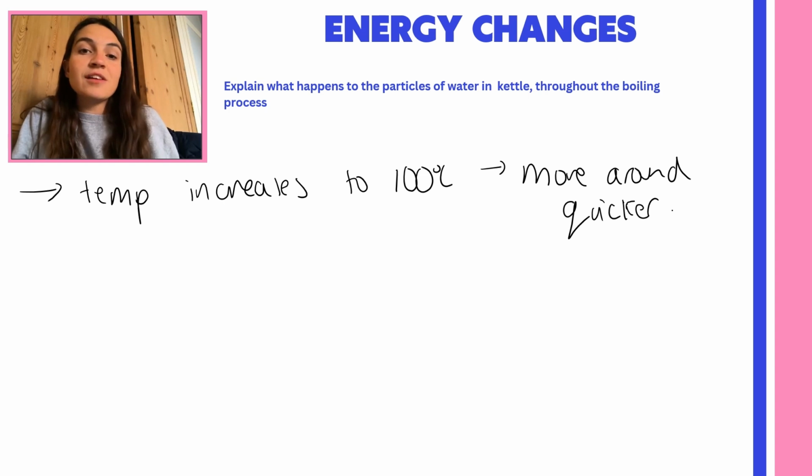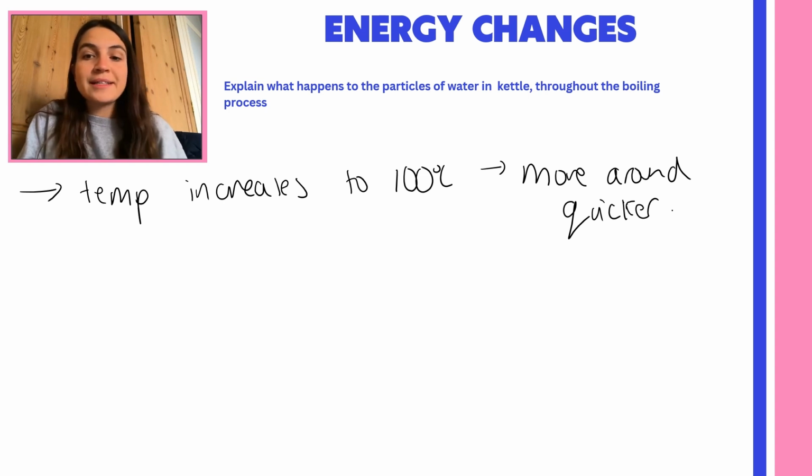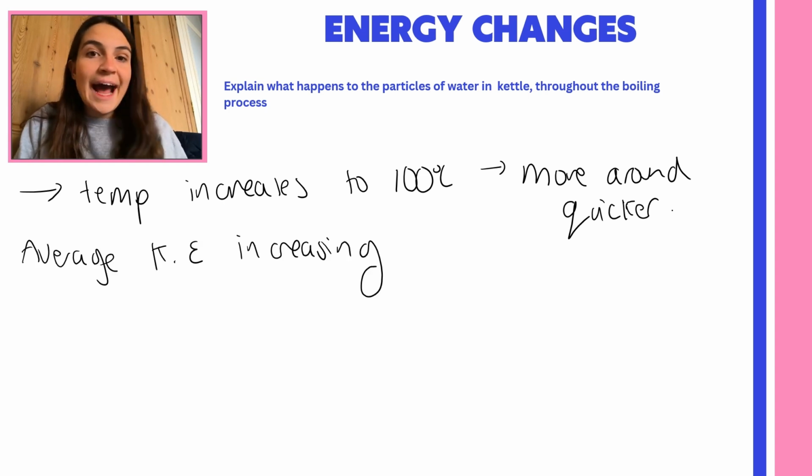The energy that you are giving to them makes them have a higher average kinetic energy. Okay, so that's the key here. Your temperature is directly related to how quickly those particles are moving around. So the particles in your liquid begin to move around a bit quicker, and then as I actually start to